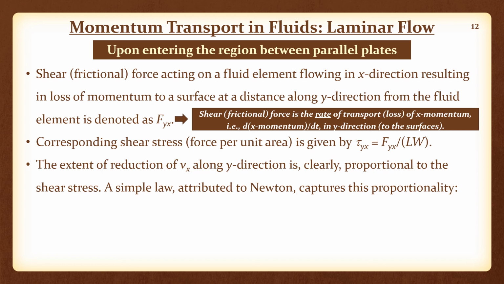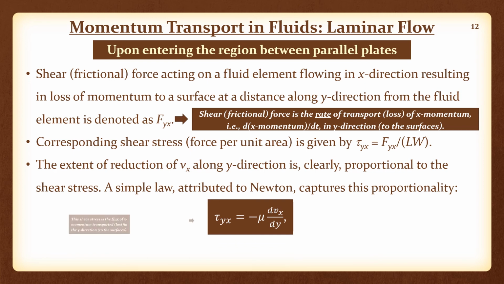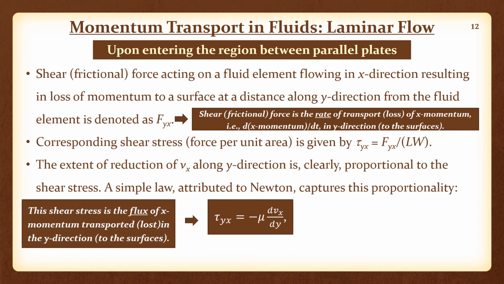Tau yx is, to reiterate, the molecular momentum flux in the y direction of the x momentum that was available to the fluid when it was coming into the region between the two parallel plates, and therefore the extent of reduction of that x momentum is clearly proportional to the shear stress, right? And therefore there is the simple law attributed to Newton, called Newton's law of viscosity, that captures this proportionality. Tau yx being the shear stress, which is the flux of x momentum transported in the y